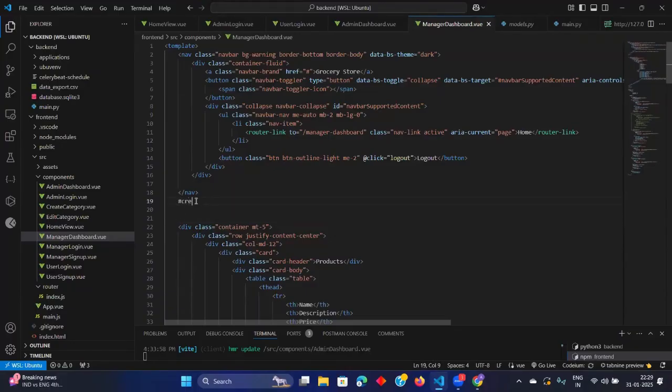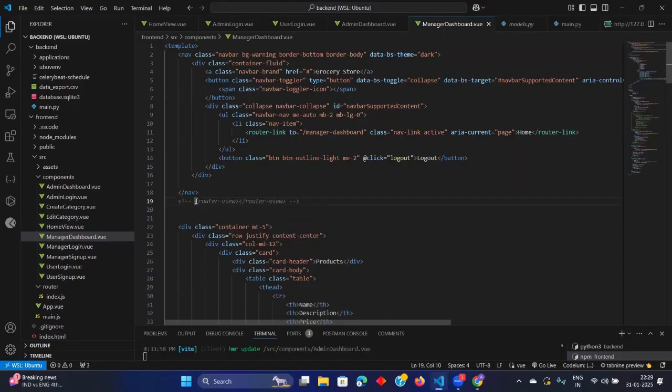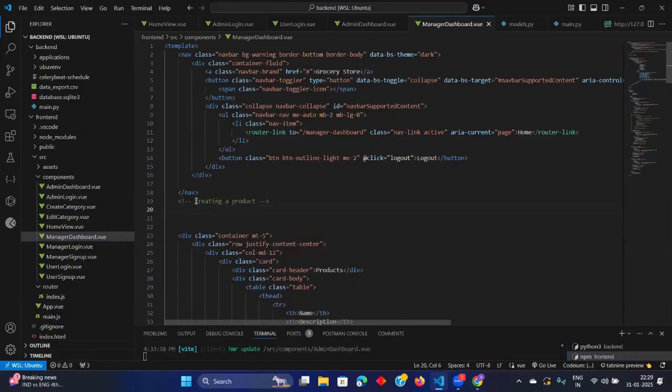So if you write the comment like this, then it will help you give the code. So creating a product form.